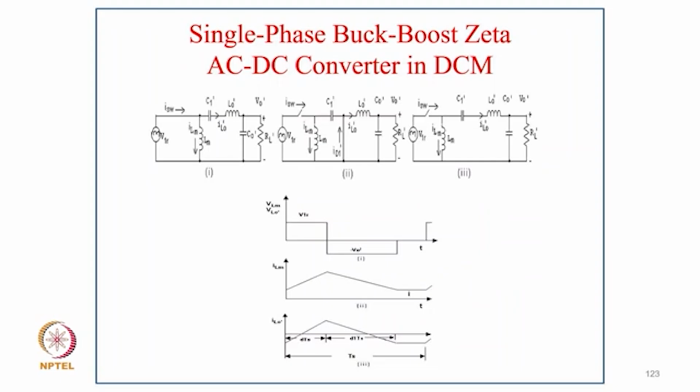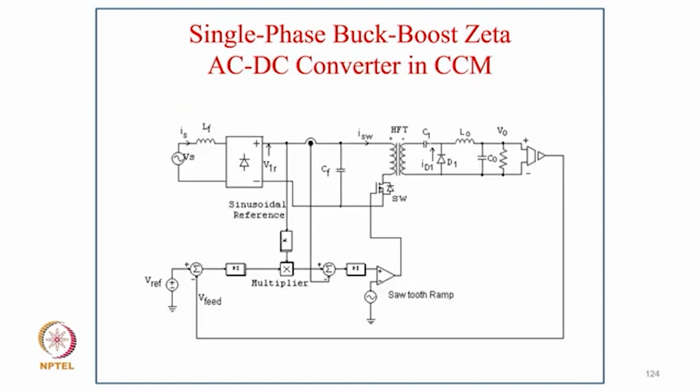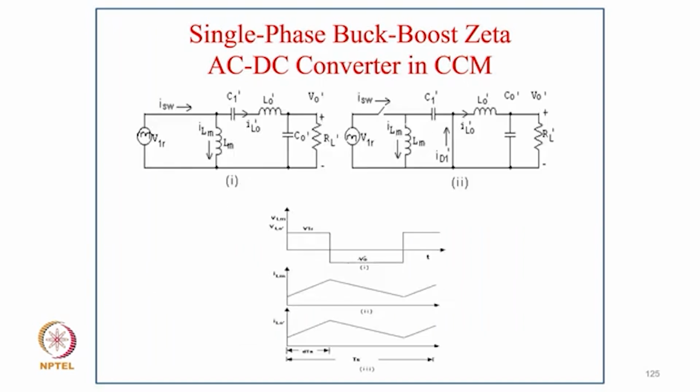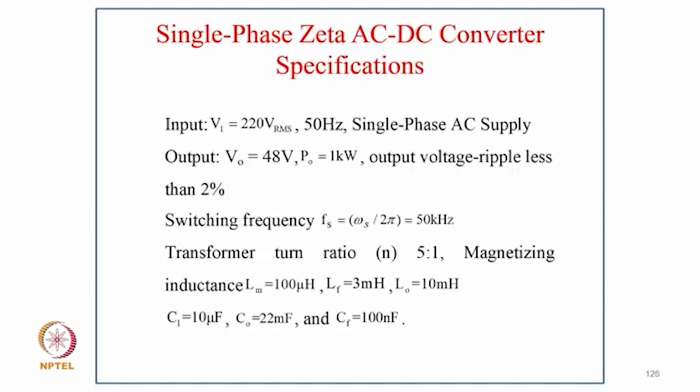And of course there are 3 modes: when the switch is conducting, when the diode is conducting, and when none of the 2 are conducting. That's the third mode. And this is the case of CCM. Here you only have to sense the output voltage, but you have to sense the input voltage and input current as well, as you can see in the control line. And of course, there are only 2 modes: when the device is conducting and when the diode is conducting, and there is no third mode in this case. So coming to the specification for this, supply voltage 220 volt, 50 hertz single phase supply,